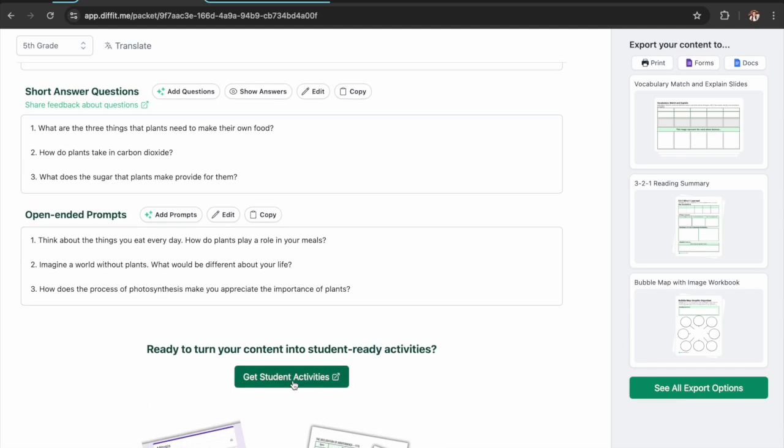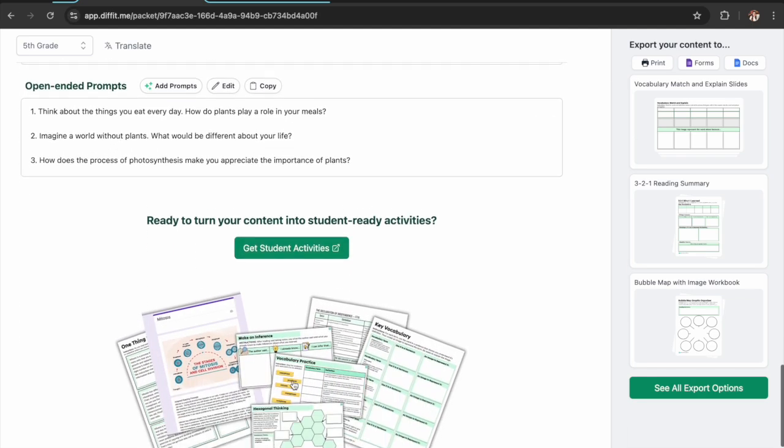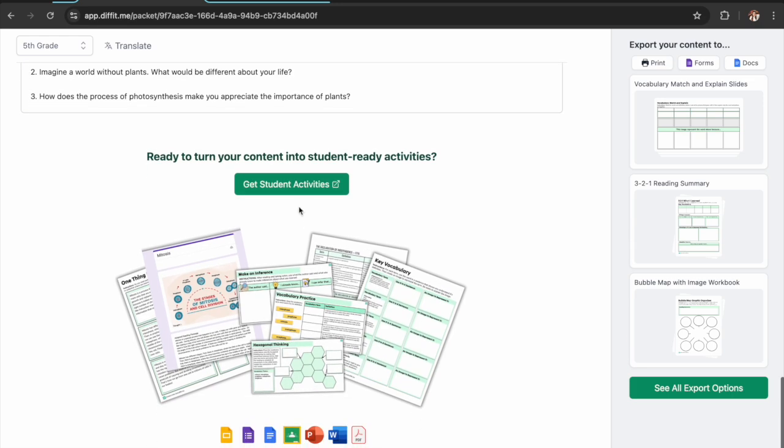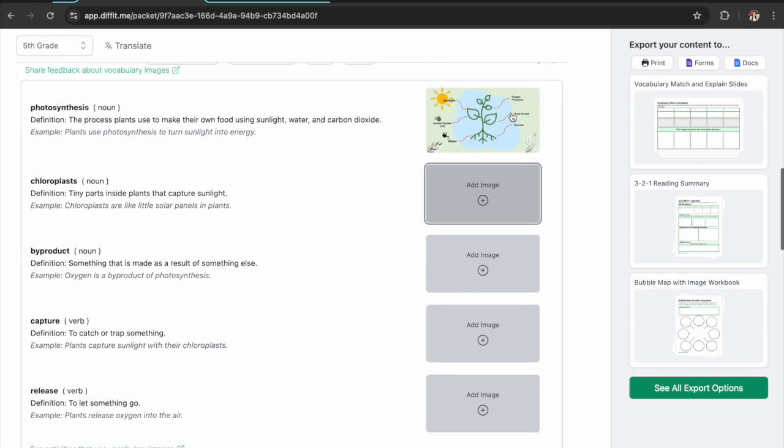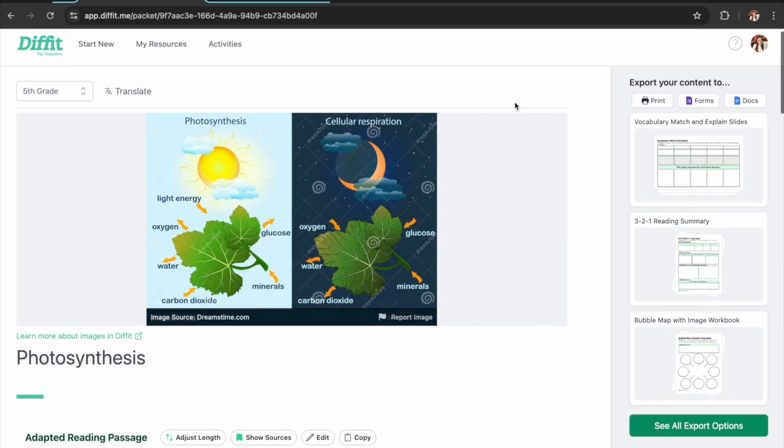Now, how do we share it with the students? It has numerous student activities that you can explore, and there are also different export options that you can explore from the sidebar that it gives you. Now, here it shows docs. If I want to take my entire content that is created here and I want to take it to Google Docs,